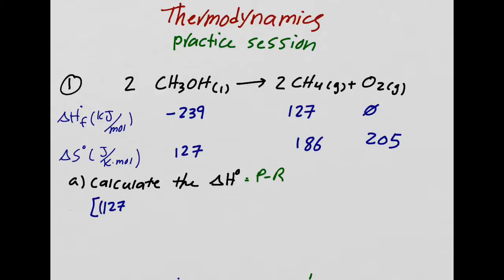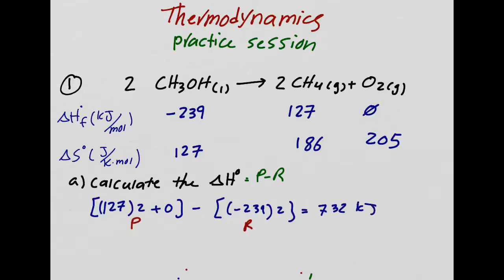So it will be 172 times 2 plus 0 minus, and then my reactant would be minus 239 times 2. So add up all the product together and then add up all the reactant together, product minus reactant. What I end up getting is